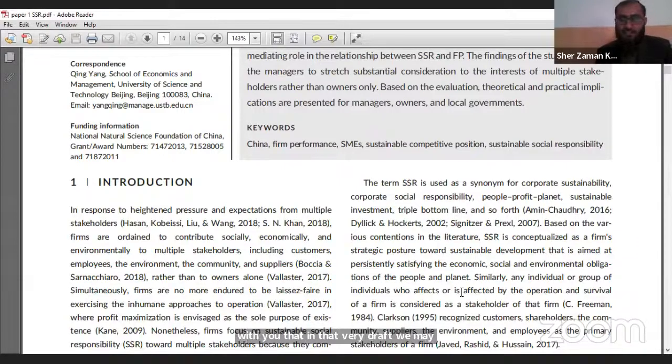Like the first sentence of the introduction can be read by you, please. In response to heightened pressure and expectation from multiple stakeholders, firms are ordained to contribute socially, economically, and environmentally to multiple stakeholders, including customers, etc., rather than to owners alone. Means we should use some technical and high-standard English rather than the simplest. Similarly,